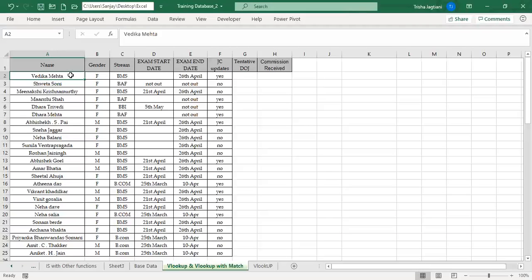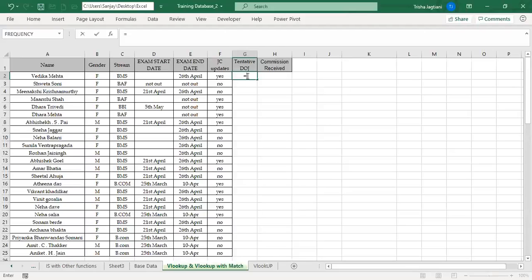For example, your name is something which is unique. There will not be any duplicate information in the name column. However, if you look at other columns like gender, stream, exam start date, end date, JC update, all these can have duplicate information. Hence, I will consider my name column as the lookup value.